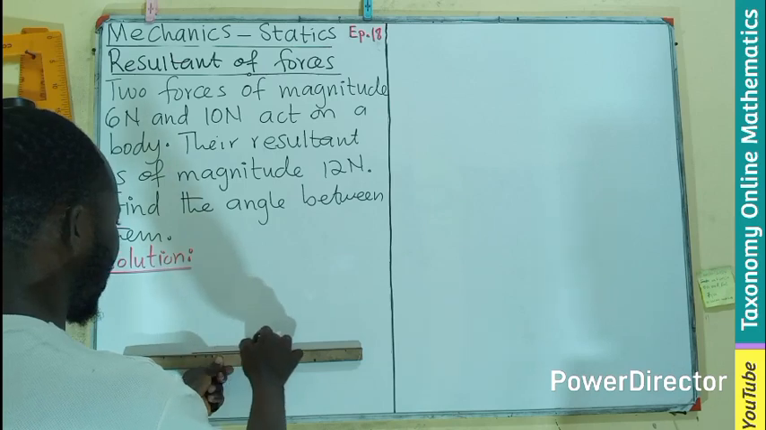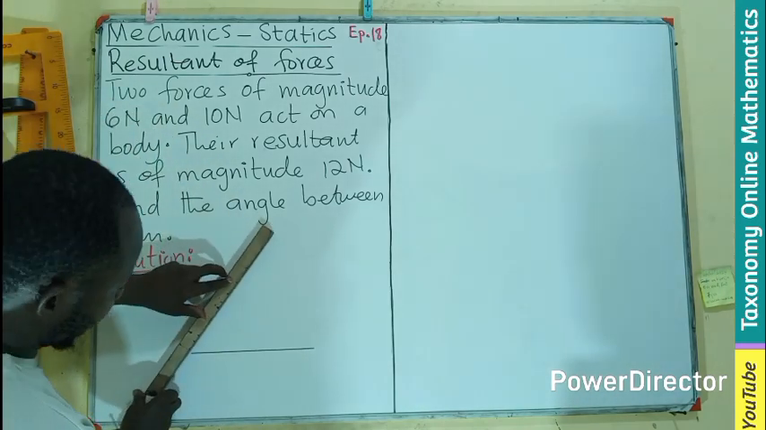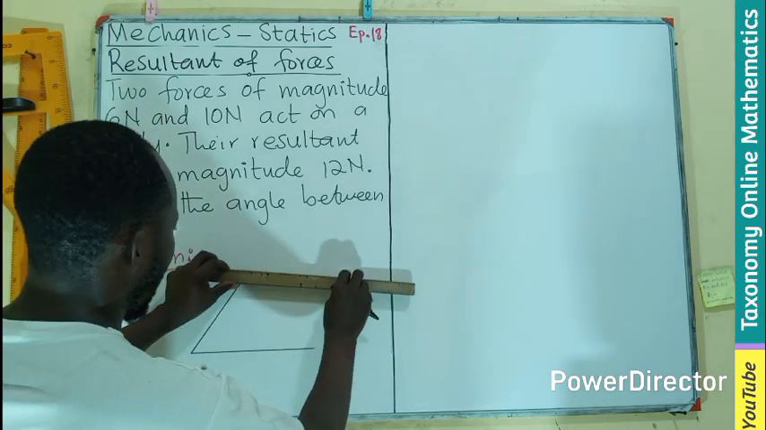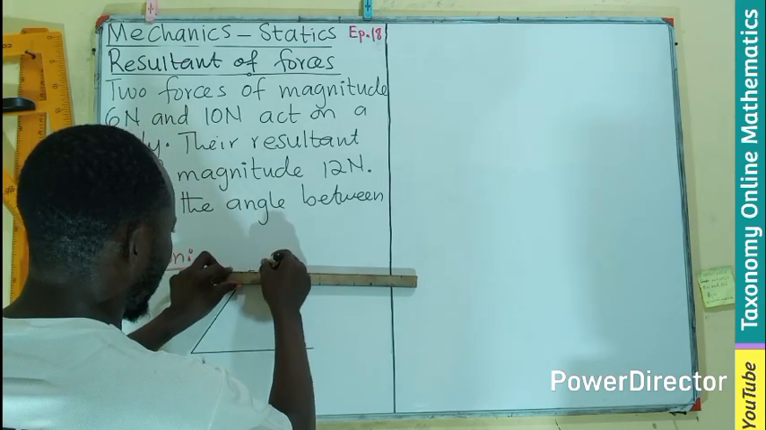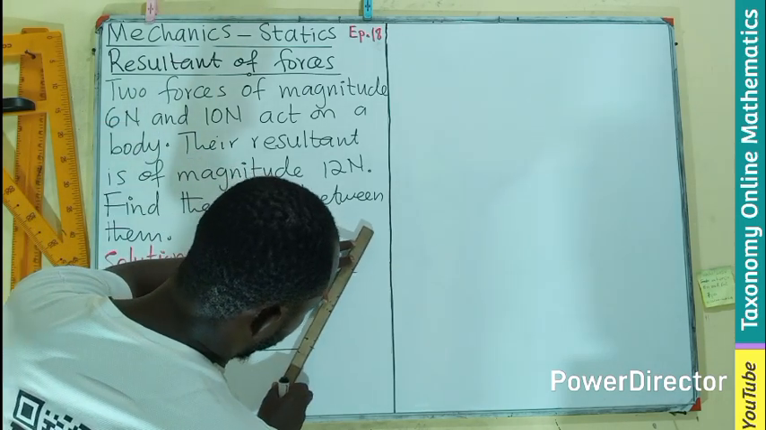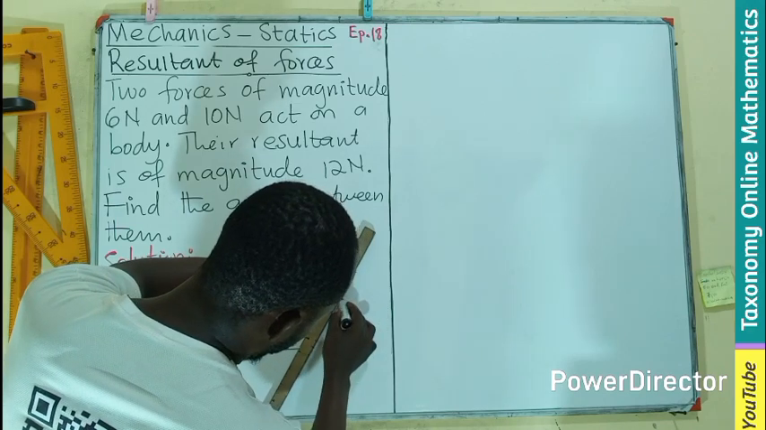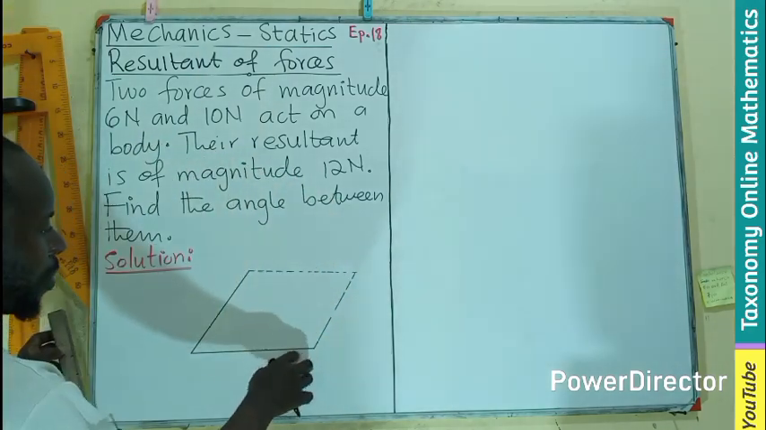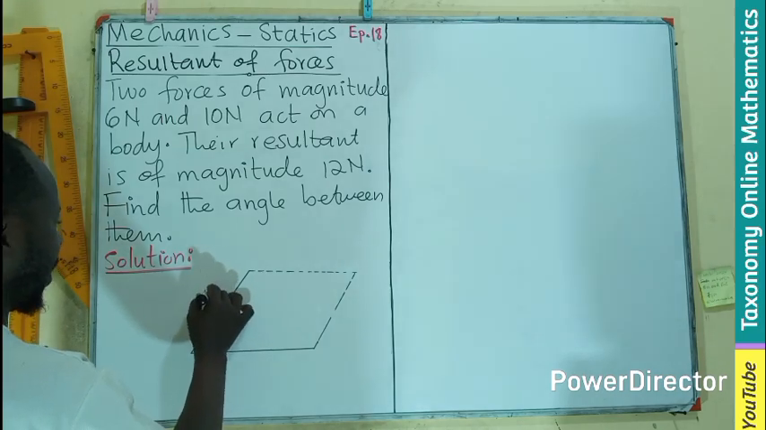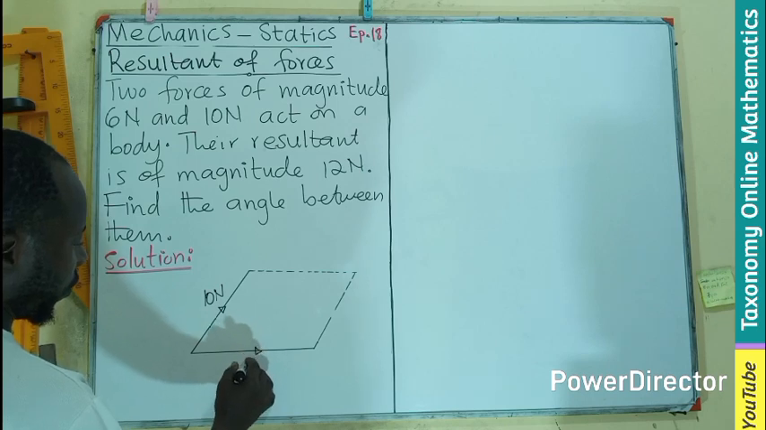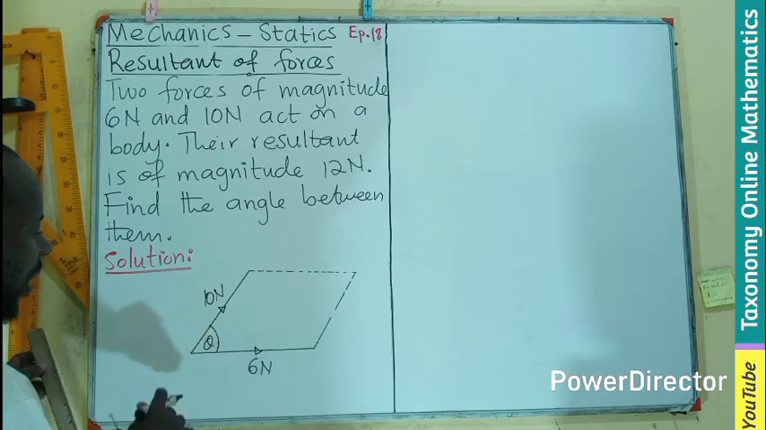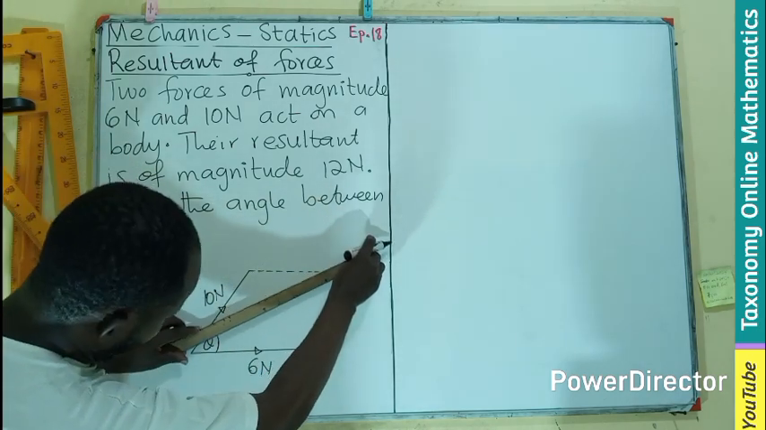So let's see, if I have this as the first force, and this being the second force, I can make this parallel to the first force, and this being parallel to the second will give rise to what we are calling the parallelogram. So this is the second force, which will be 10 Newton. The first force will be 6 Newton. The angle between them is theta, which we are looking for. Then the resultant